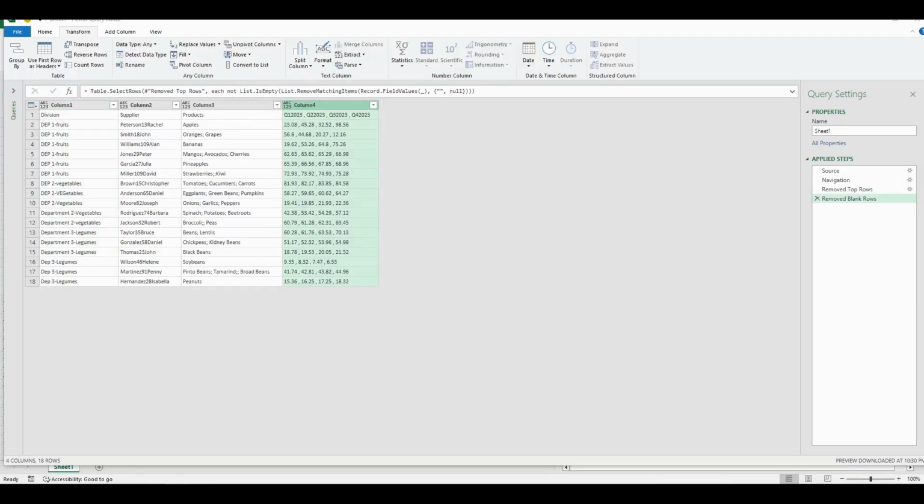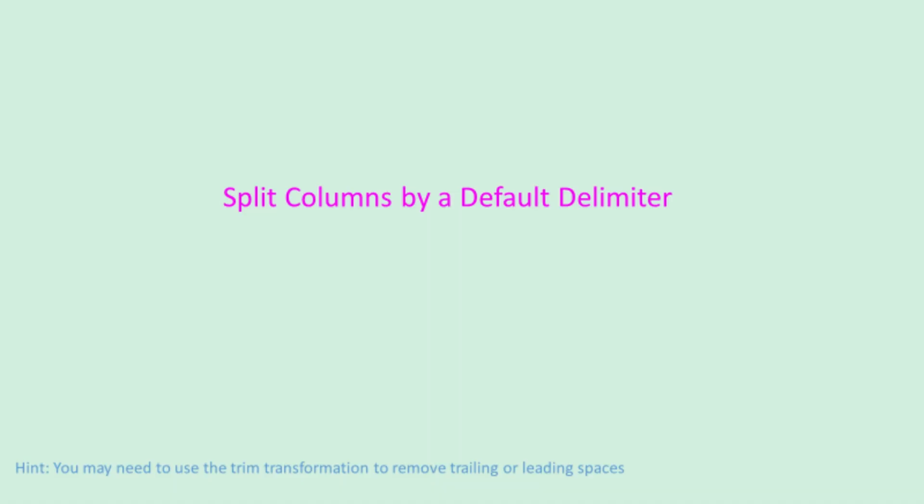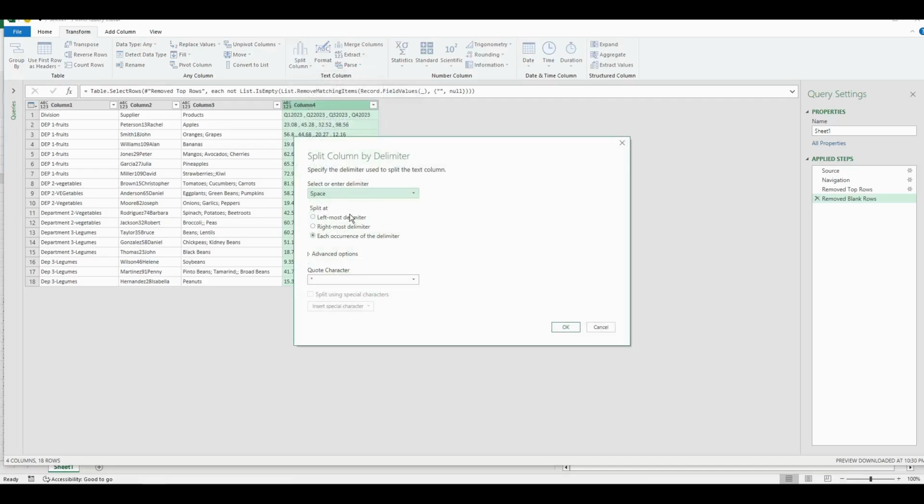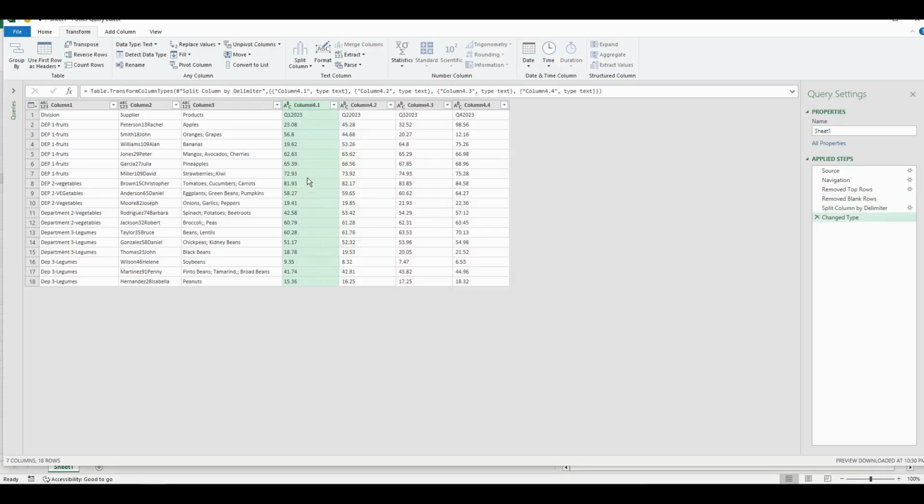So the first method we will discuss to split columns is by default delimiter. And let's check this in column 4, where we will split by comma. That is one of the default options.